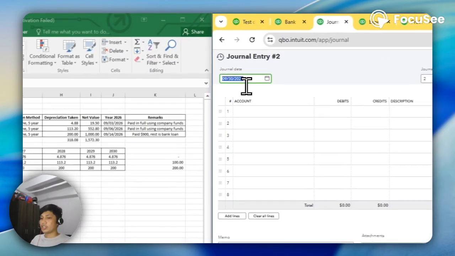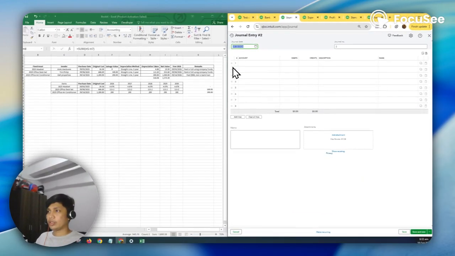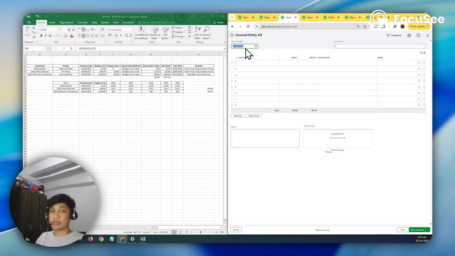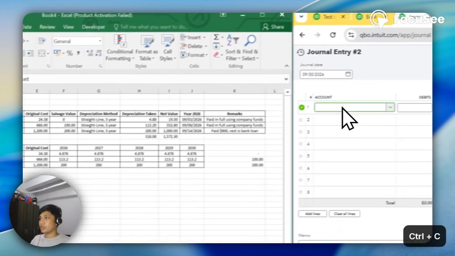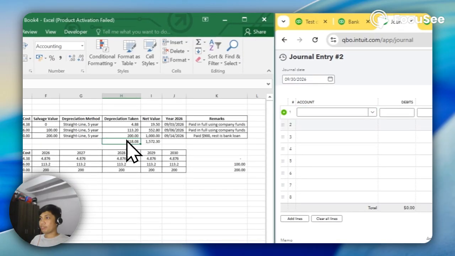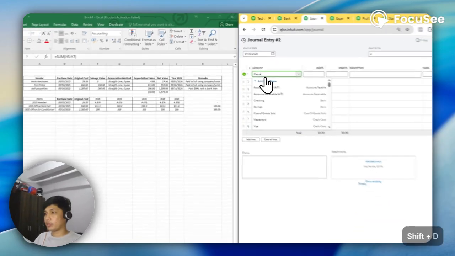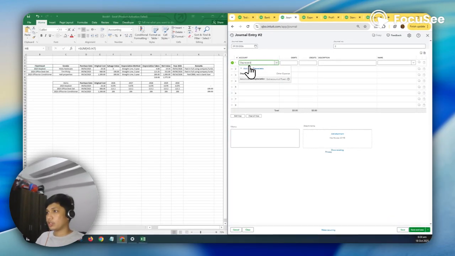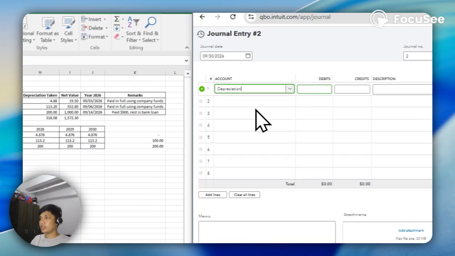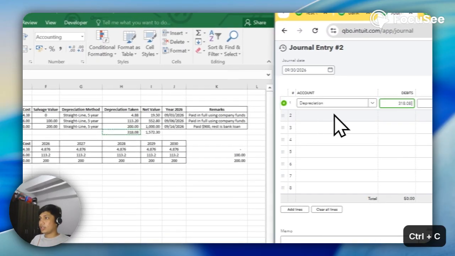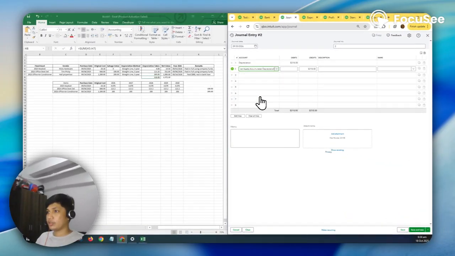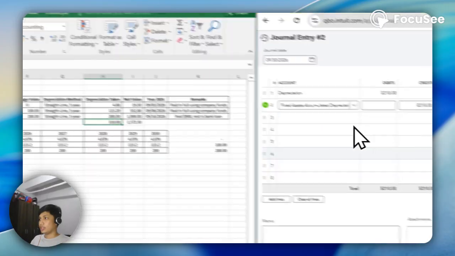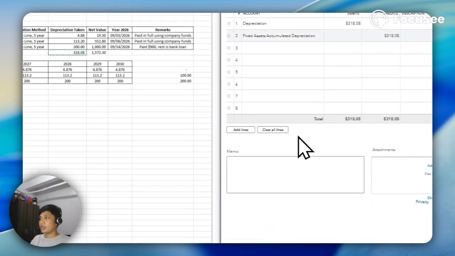I use September 30 so that I will know this is an adjustment entry. First, I'm going to enter depreciation expense of 318, and then the accumulated depreciation, which is also 318.